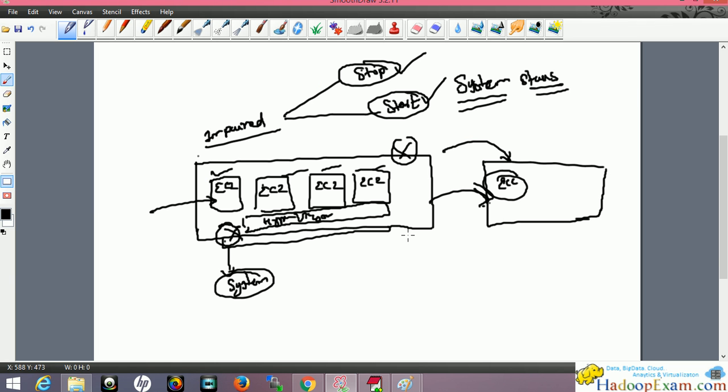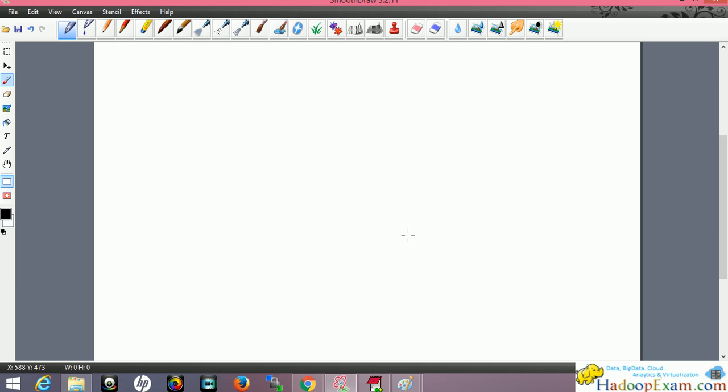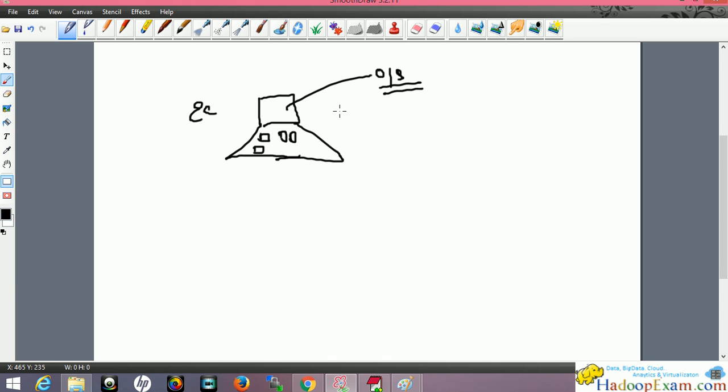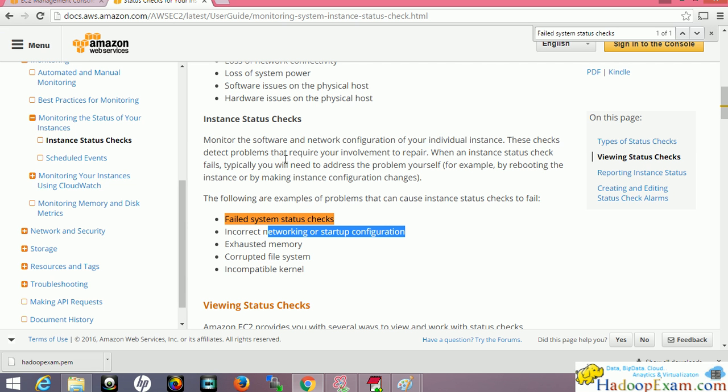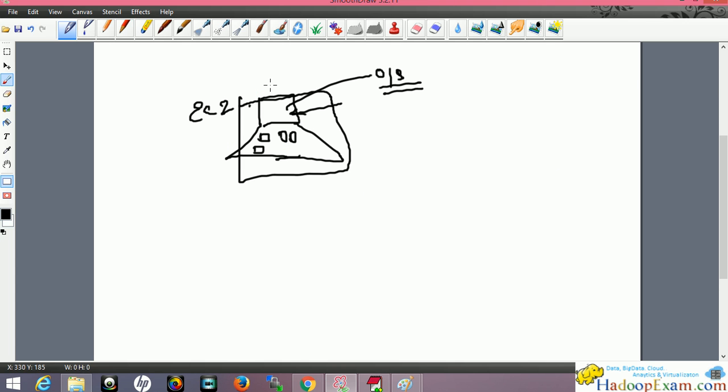Here is actually the EC2 instance, which I would draw as a computer. So this is the virtual instance on your physical host. There is a problem with the operating system of this EC2 instance itself, or some misconfiguration related to networking for this virtual server. This is virtual server specific, not about the physical server which hosts it.